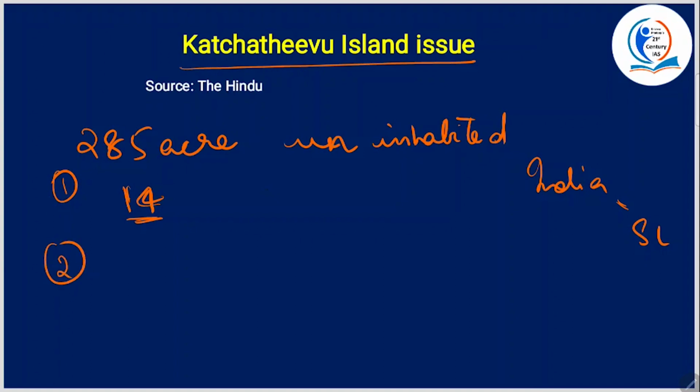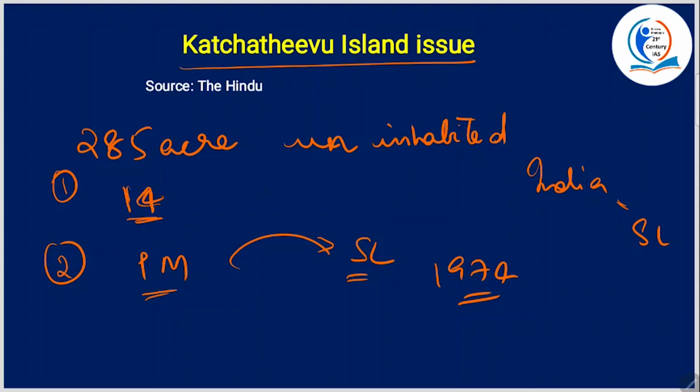Now, why is this issue again coming into the picture? It's because the Honorable Prime Minister has said that this island was given to Sri Lanka because of the Congress party. All right, because of the opposition party, you can mention. Okay, now what is the history? Going back to the history, we will understand that this island was ceded by the Indian administration under Prime Minister Indira Gandhi to Sri Lanka under the Sirimavo administration in Sri Lanka in the year 1974 in an act of bilateral agreement.